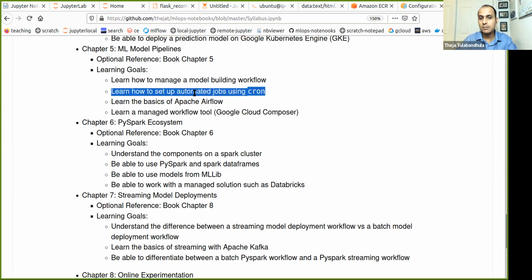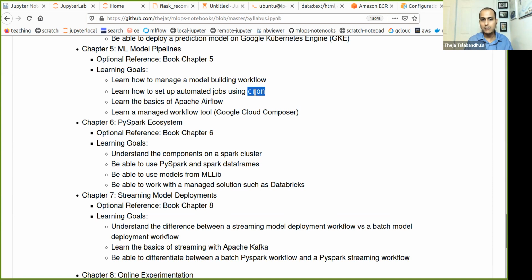Second thing is how to set up automation, in the sense that if I want a model to retrain, and I know that fresh data gets dumped into a table in a database, and I want the model to run immediately when there is fresh data, there are ways to do that. One simple example is using a utility called cron.